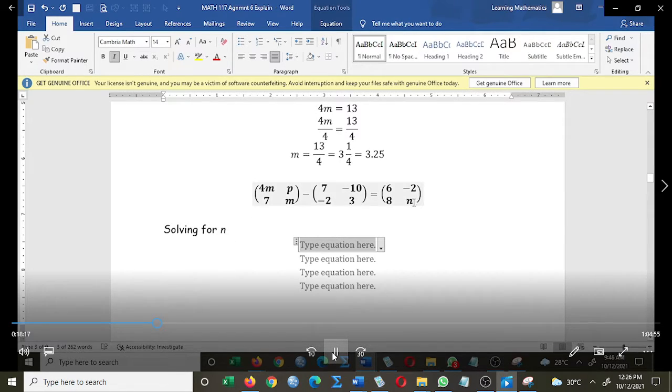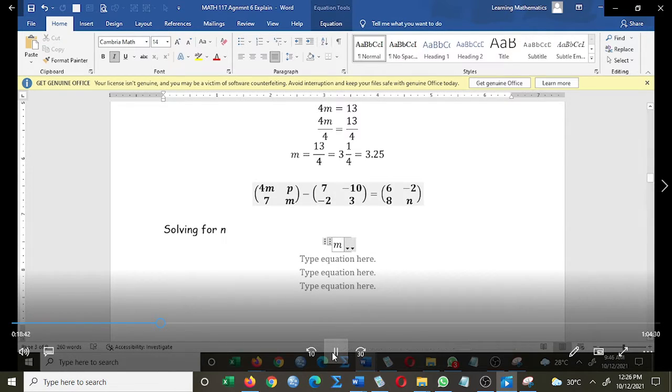So n now is occupying what position? A22. A22, the second row, the second column. So all elements occupying A22, that's what we have to use to solve for n. M is in A22, that means the second row, the second column. So we put m